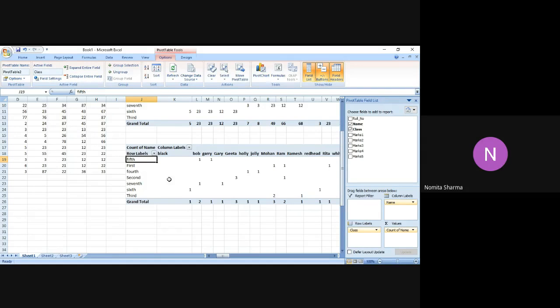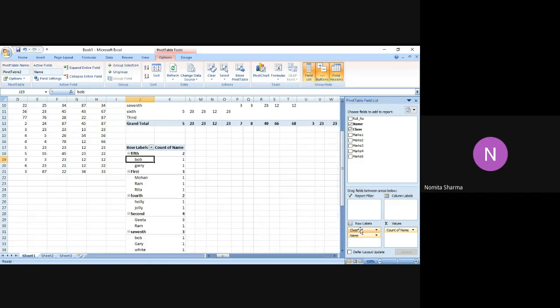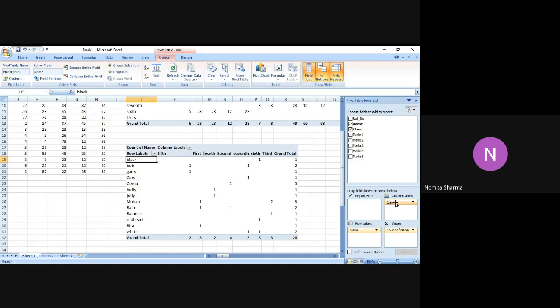So let me just go back to my original formula, and I want to work on that. As of now, it's only the count because I actually gave the command of counting the names which are there in the individual classes, and it has indeed given me the count and the grand total at the end, row wise and column wise. So if you just interpret, in the fifth class there are two students. First class has three students, fourth class has two, second class has four, and so on. And name wise also it has given me Black is appearing 1, Bob 2, Gary 1, and so on. Right. So let's go further.